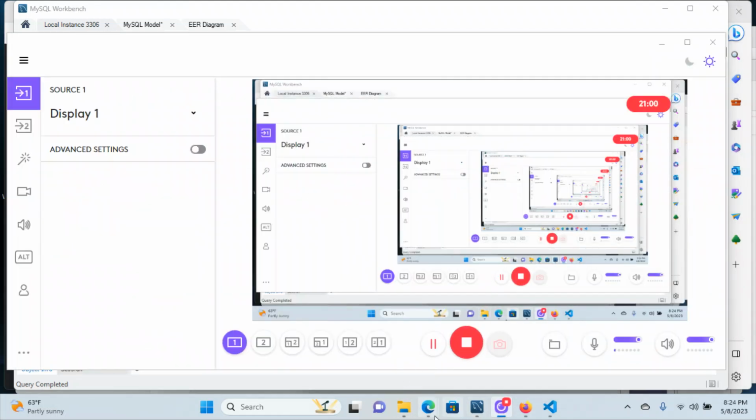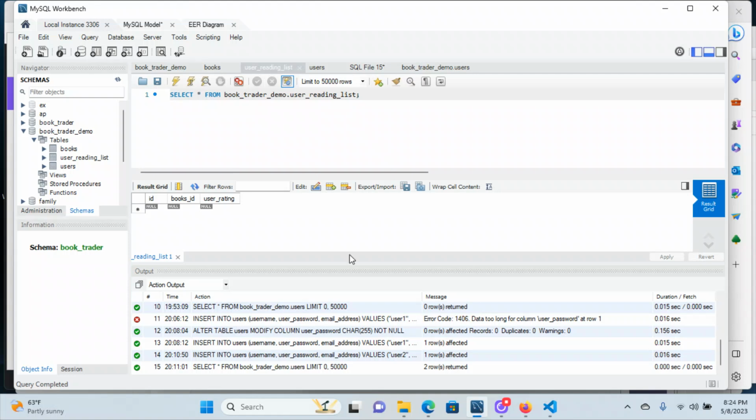I have the recording started up again. And let's talk about this user reading list here. This is the one that I said we weren't going to be needing and we were going to do something else. So if you want to on yours, you could leave yours alone. If you do, I would take off whatever foreign keys you applied to it, just so it doesn't get in the way, it doesn't entangle anything,